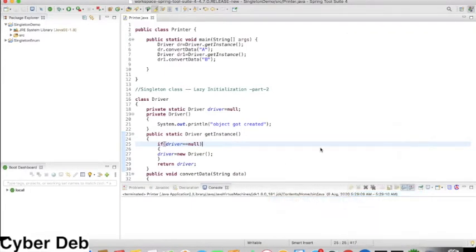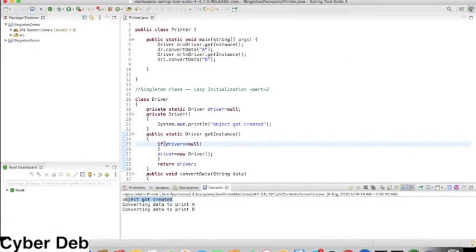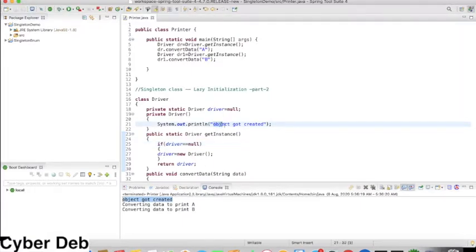The object got created, that line from the constructor came only once, and the method which we called gives output from different references.